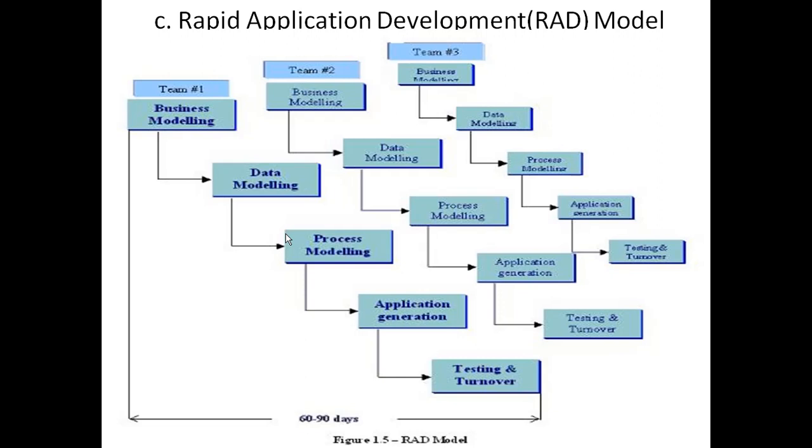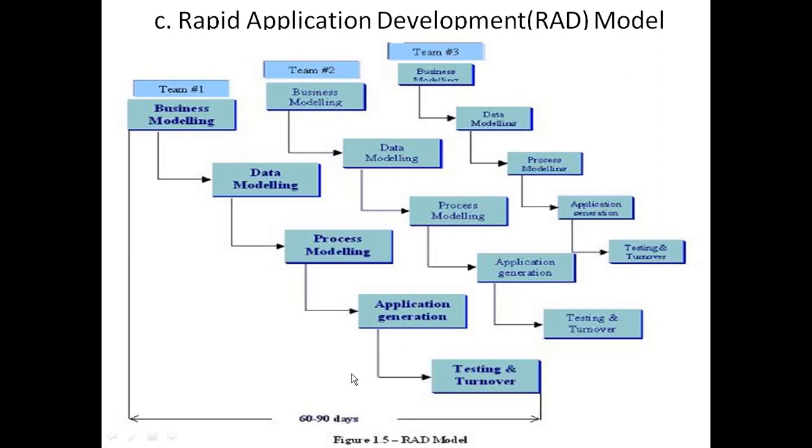So the disadvantage of the incremental model is that a single testing team handles all the process of implementing the software. That is, whether it is iteration 1, iteration 2, or iteration 3, all of it is done by the single testing team. This disadvantage is overcome in the rapid application development model, which is the third model in the prescriptive model. So in this,